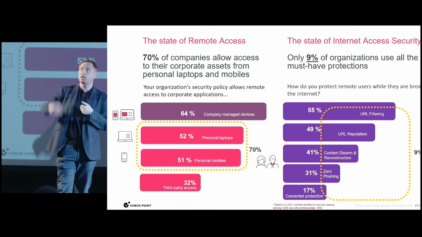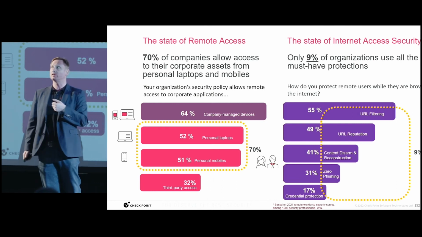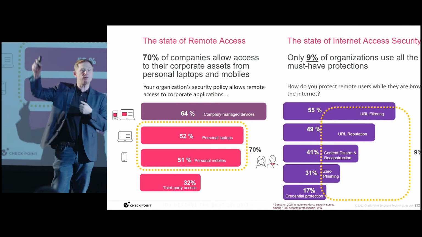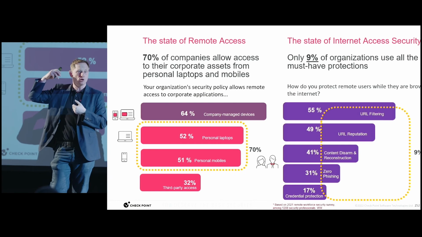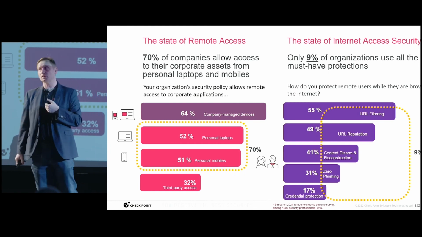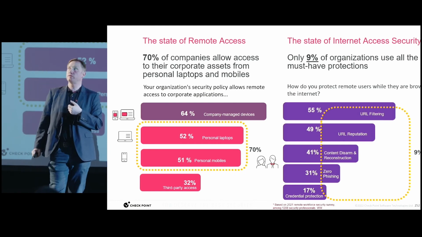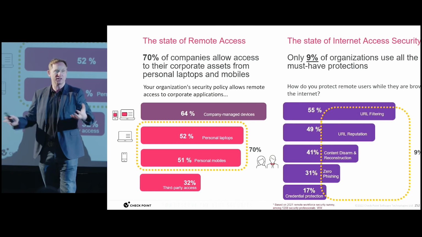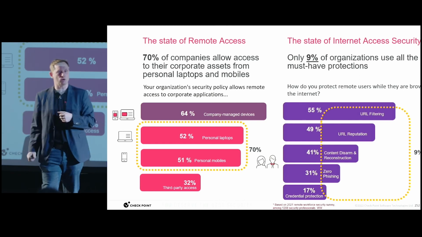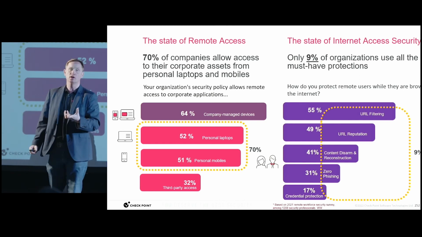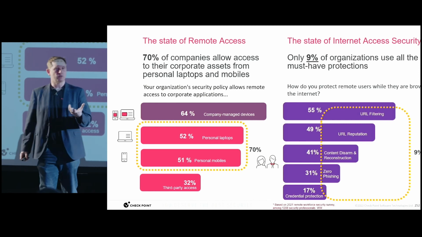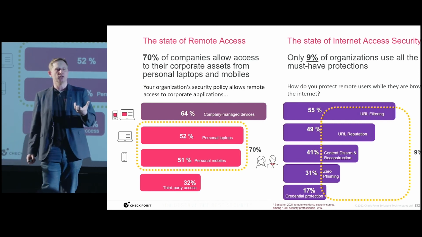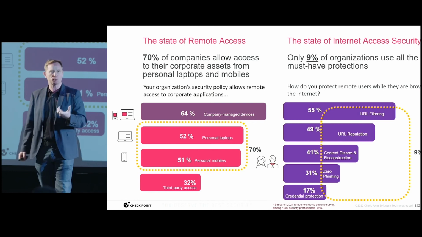And then you look at the state of internet access security on the right-hand side. I've just listed five things that you get through that internet access security. You would get this from one of the secure web gateway type products. When you look down there, 55% have got URL filtering, so that's typically what you would get. If you've got a proxy, it'll do some sort of filtering, or it'll look at that URL reputation. Only 41% have actually got technology in place whereby if you're downloading, say, an attachment, the attachment will come down,